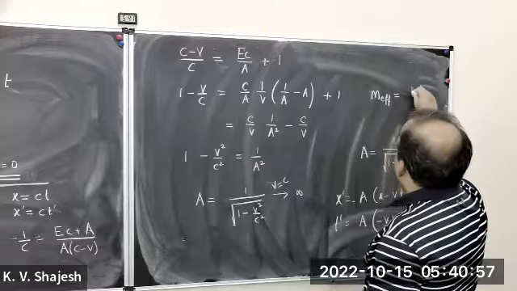So when one bothers about these questions, it turns out that you can define the momentum as relativistic mass times the ordinary velocity, in which case the relativistic mass is the rest mass divided by the factor square root of 1 minus v squared by c squared. You can just write M effective as m naught divided by the square root of 1 minus v squared by c squared. Now, if you write momentum as m effective times v,